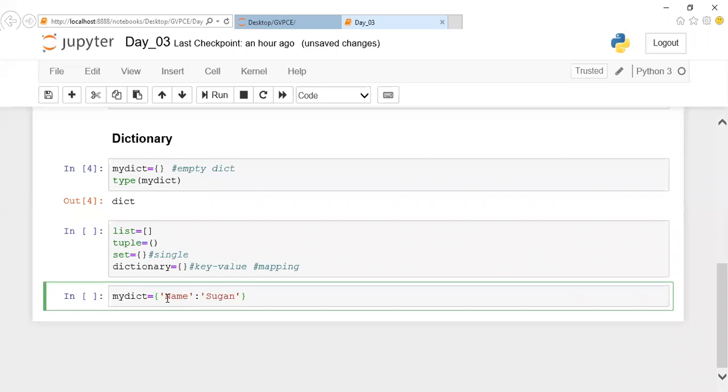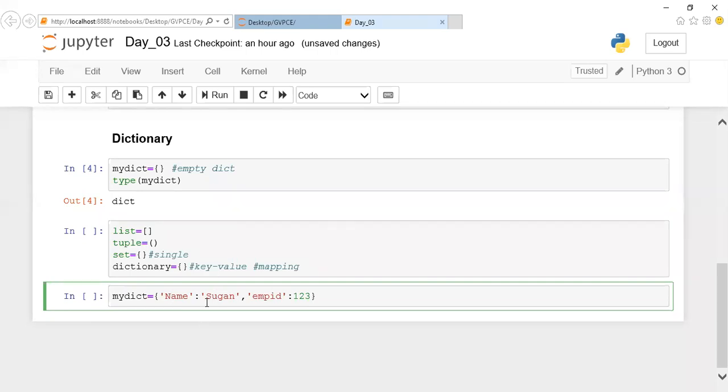And I can have some data, emp id, followed by 123. So when I'm saying dictionary, the data is treated as a key value pair. This is a key and this is a value for it. This is how to initialize a dictionary along with the value. First is key along with the value.